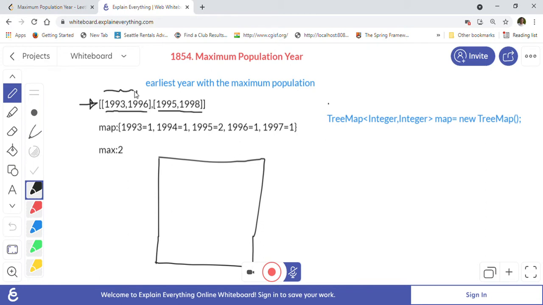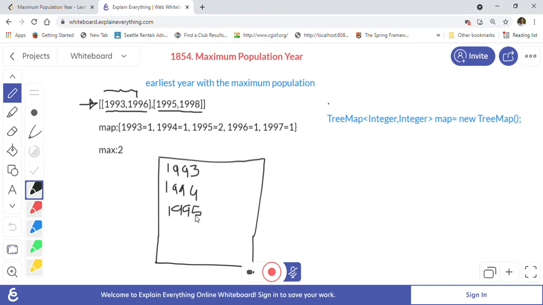For this first entry we will start from 1993. We will iterate from 1993 to 1994, and 1995 also, right? Because 1996 we will not count, because he died in that year.